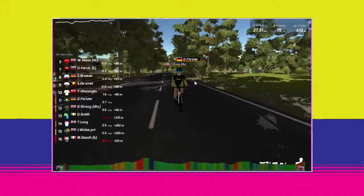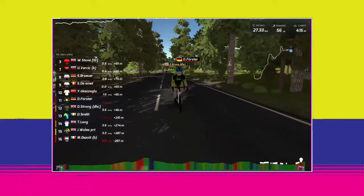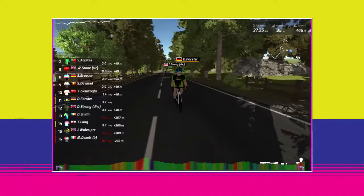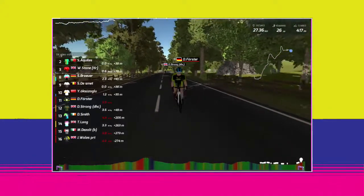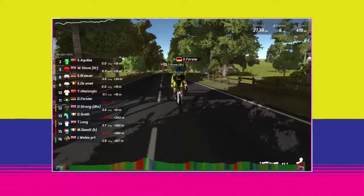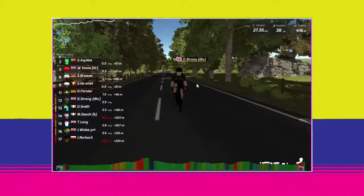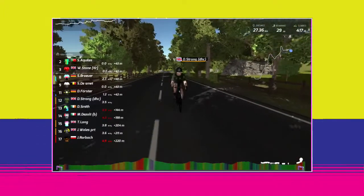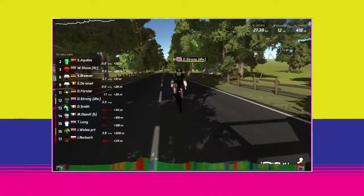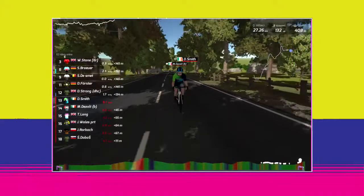Forced a convincing win over Strong here. 70 metres left to go and a gap of 45. And he's going into that deep red colour, 4.1 watts per kilogram, pushing out 335 watts. As he comes over the line, Strong in 12th position now. He's got a good distance over Smith, the next rider on the road. Strong comes over. Smith,